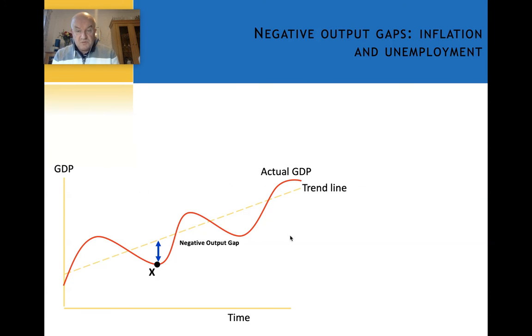Let's take a look at this principle of output gaps, and how that might affect inflation and unemployment. So we've got our booms and slumps of the typical economic cycle, and you can see that we've drawn a trend line in here. We've got actual GDP going up and down on a fairly regular basis, as any long-term view shows. In this instance, we've drawn a trend line, and then we're looking at, in some cases, a negative output gap or a positive output gap. I'll explain what those are in a minute.